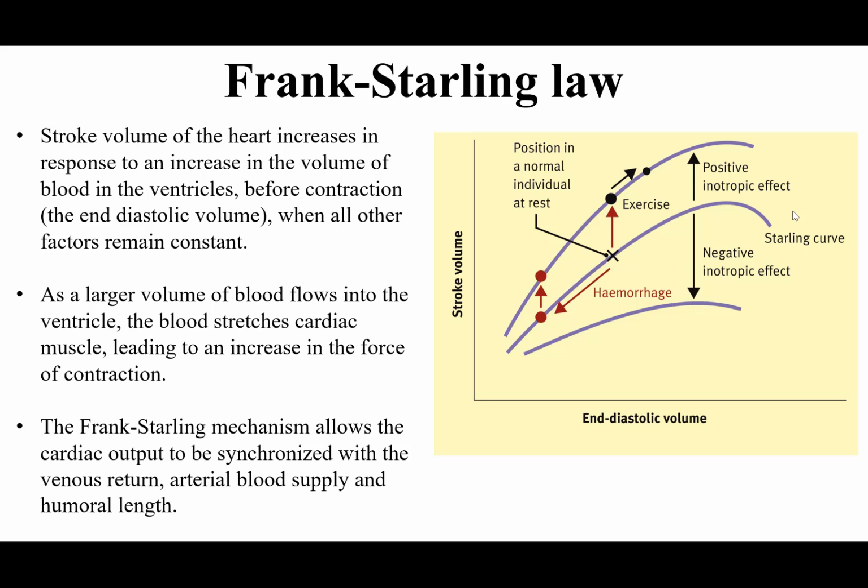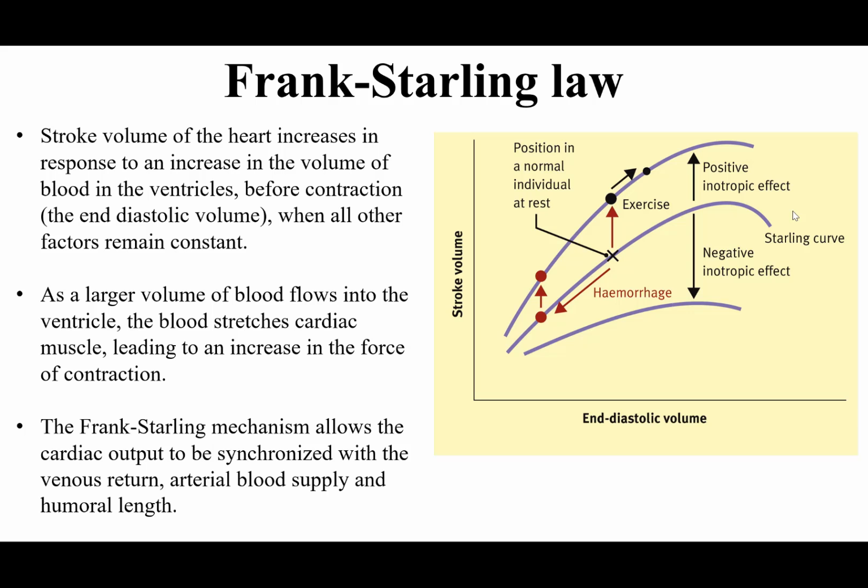So at the point of end diastolic volume, if the volume of the blood in the ventricle is increasing, then the stroke volume also increases. And why is that? Because as a large volume of blood flows into the ventricle, the blood stretches the cardiac muscles. This leads to an increase in the force of contraction. Therefore, this mechanism, the Frank-Starling mechanism, basically allows the cardiac output to be synchronized with the venous return, arterial blood supply,